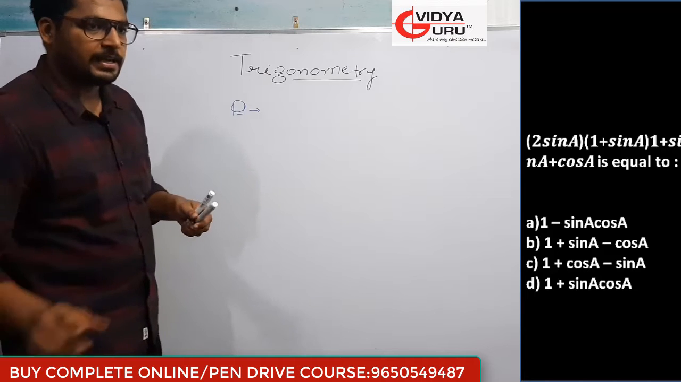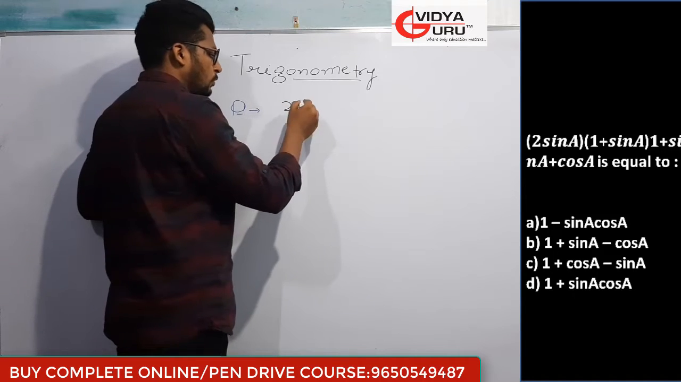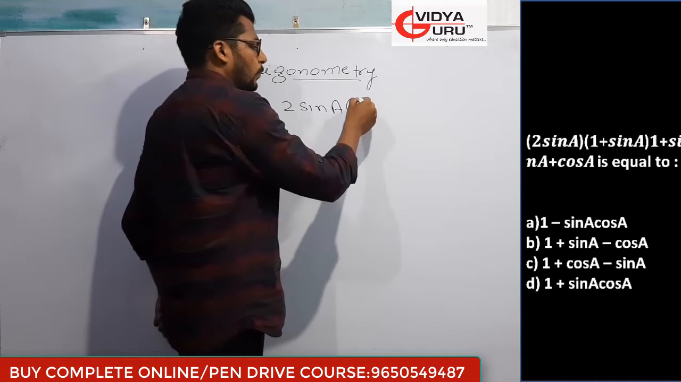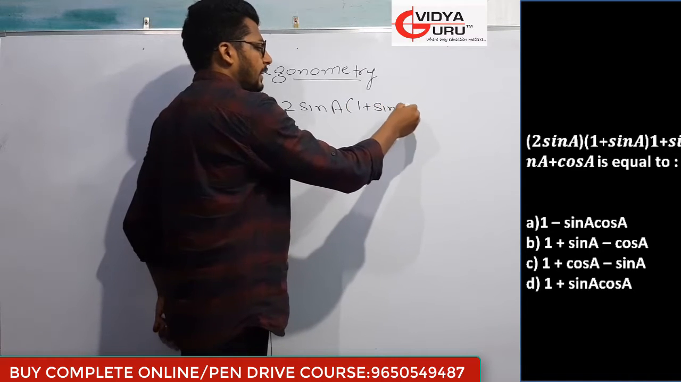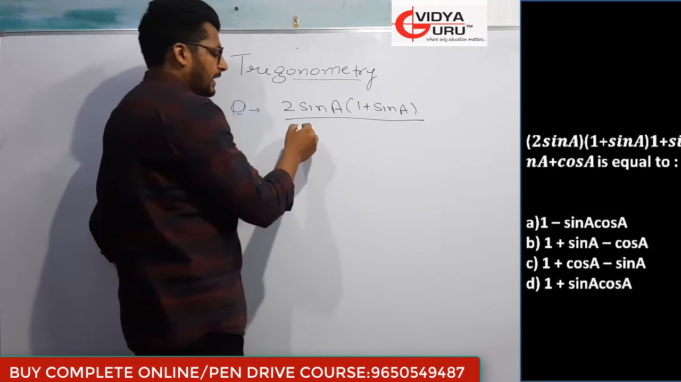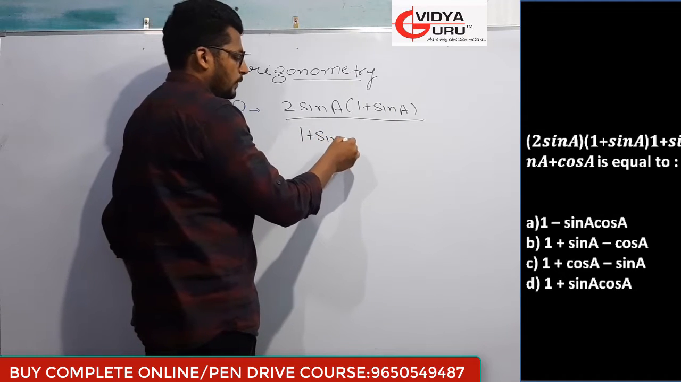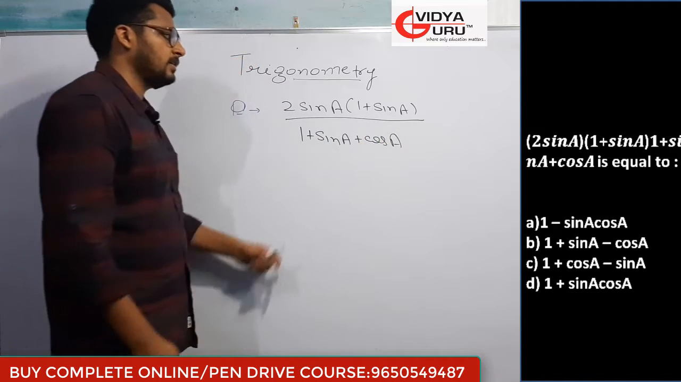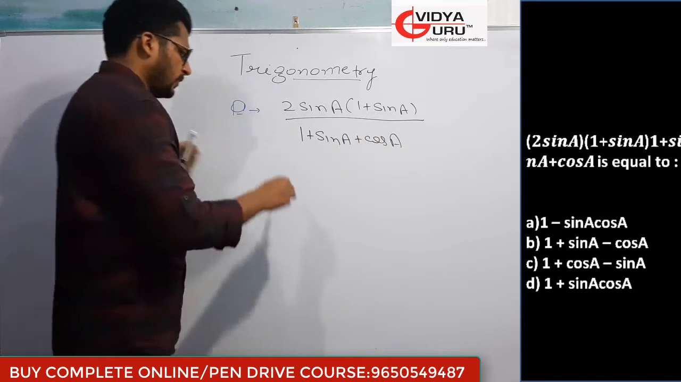What is the next question saying? The next question is saying 2 sin A, 1 plus sin A upon 1 plus sin A plus cos A. The question is asking the value of this. I will tell you this question by two methods. First is,